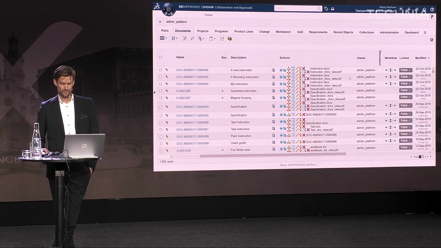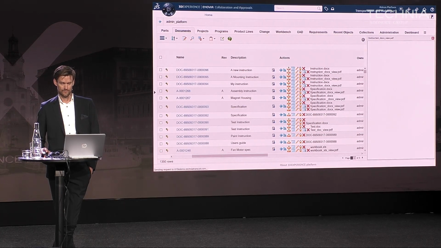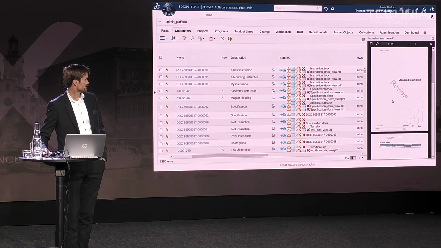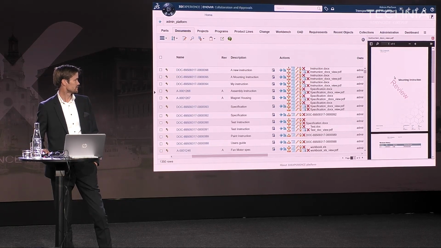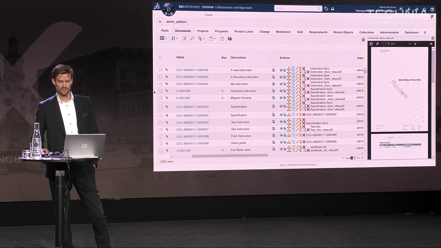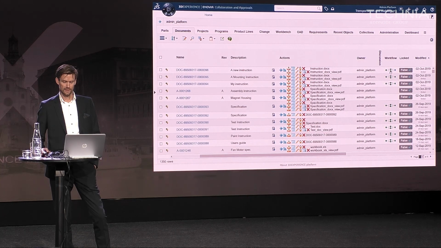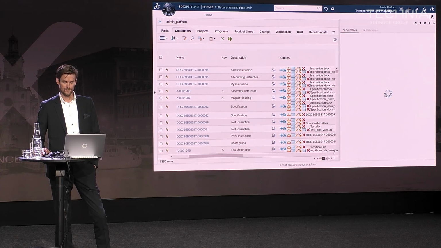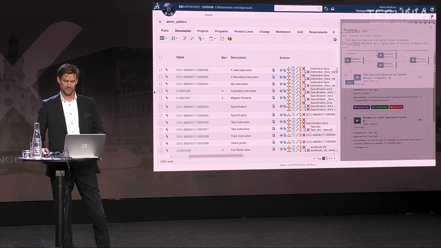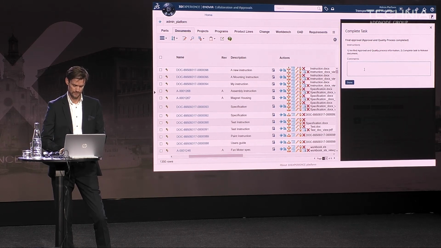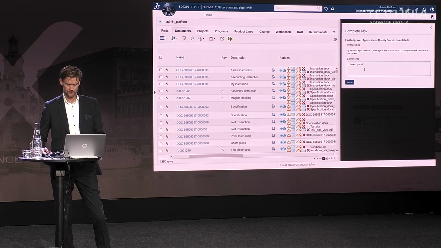If we look at this document here, you can see that it's a PDF file that was generated by TIFF. And it is stamped with review or preliminary or not approved, or whatever you might like to stamp it with. And then I'll go in here and I will now approve this task. Looks good.